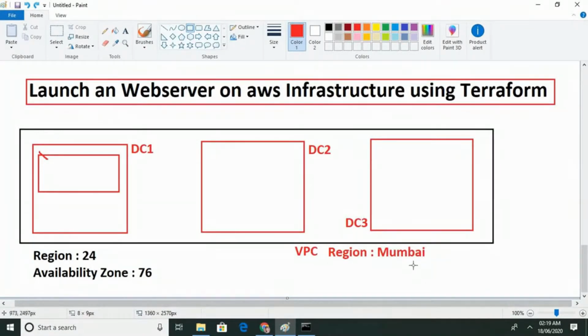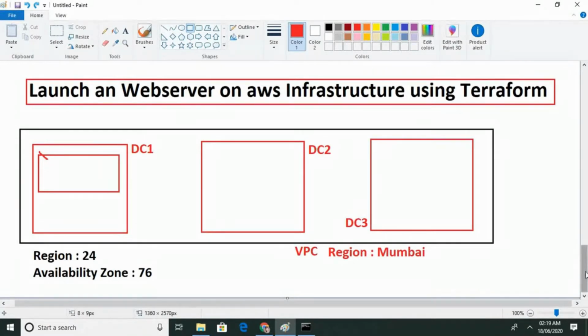They are very far apart, a very long distance away from each other. Inside this we launch our web server, we create our whole company infrastructure. We create everything inside this only. So I hope you understand the design part of AWS that I have created. I have given just an overview.